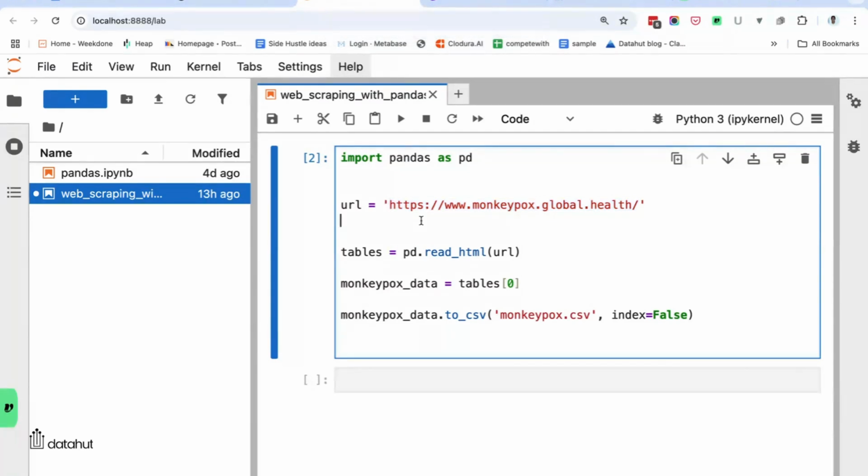Here you go. You can see the code here. This is a Jupyter notebook. The first line is trivial. We import pandas as pd. The second line is we set the URL, the reference to the URL from where we need to scrape the data, that is monkeypox.global.health. And the third line is we will read this URL using the read_html function in pandas,